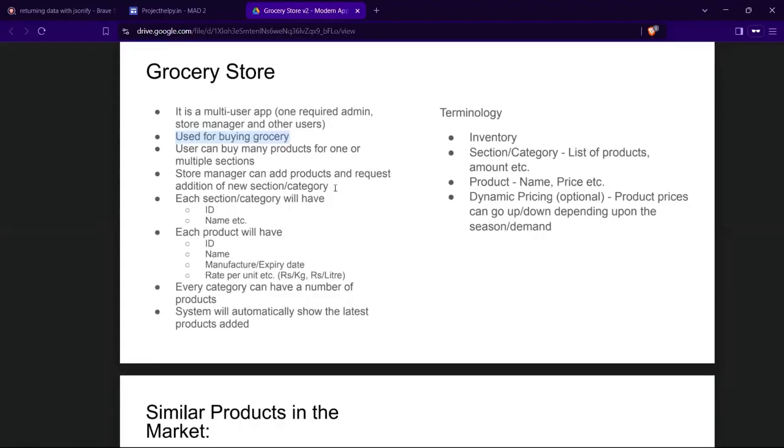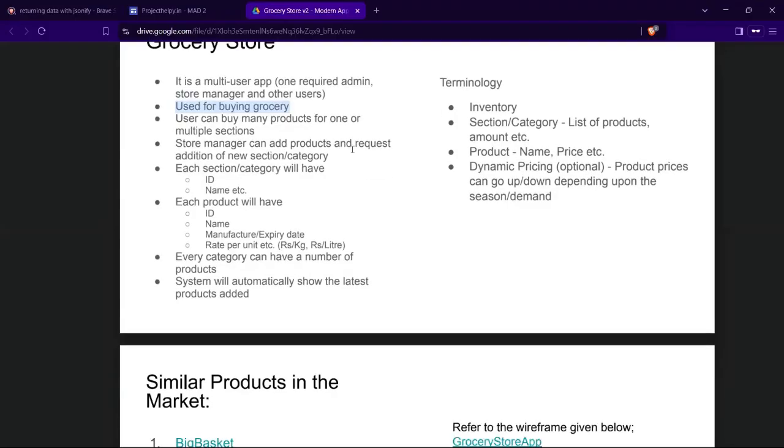When you say request addition of new section categories, it means the manager will submit a form with a category name or some details, and the admin will take a look at that request, and if it looks okay to the admin, he will approve it, and then that new category will be added. Okay,